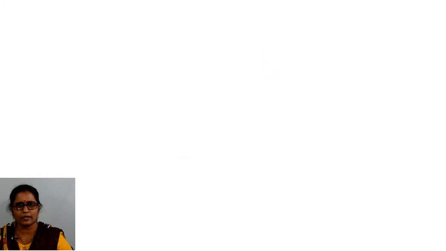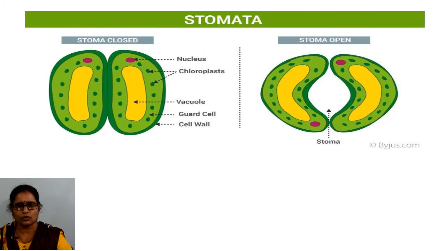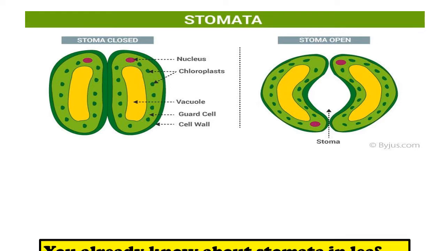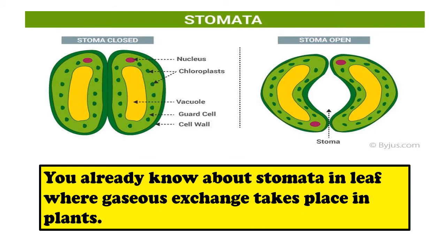You have learned that stomata help in the exchange of gases. So let us take a close look at these stomatal structures. There are two kidney shaped cells which we call the guard cells, and they can open and close. When the stoma is closed, you can see that the cells are close together and there is no possibility of exchange of gases. But when the stoma is open, the pore allows the exchange of gases. So the oxygen from the environment enters inside and the carbon dioxide can leave the leaf.